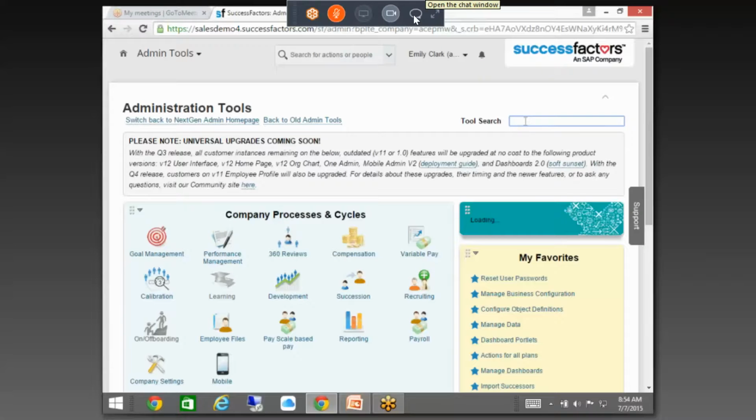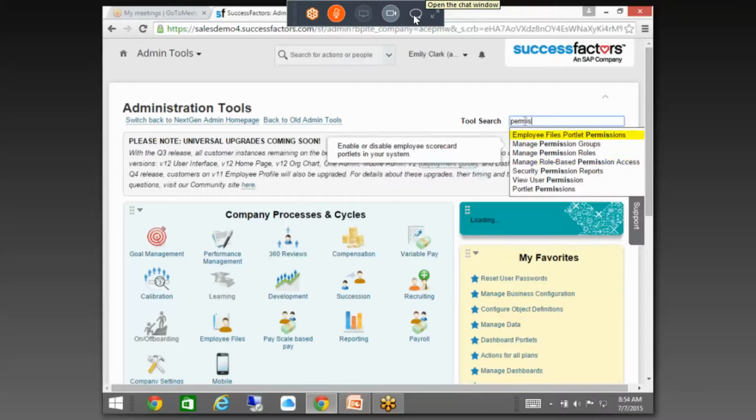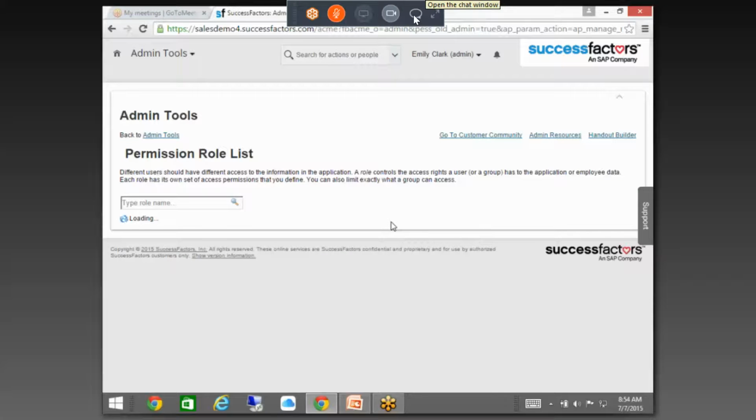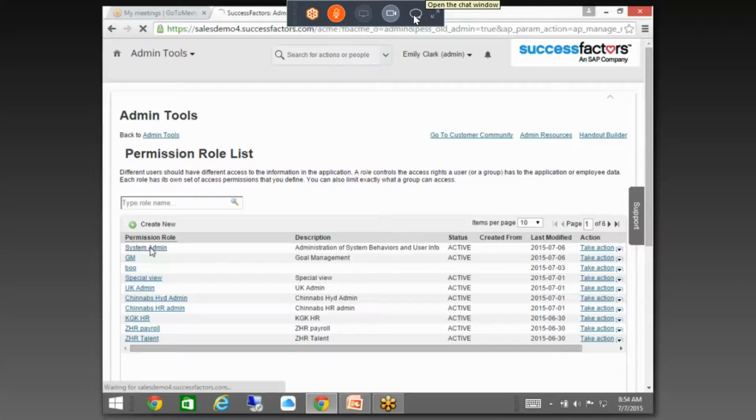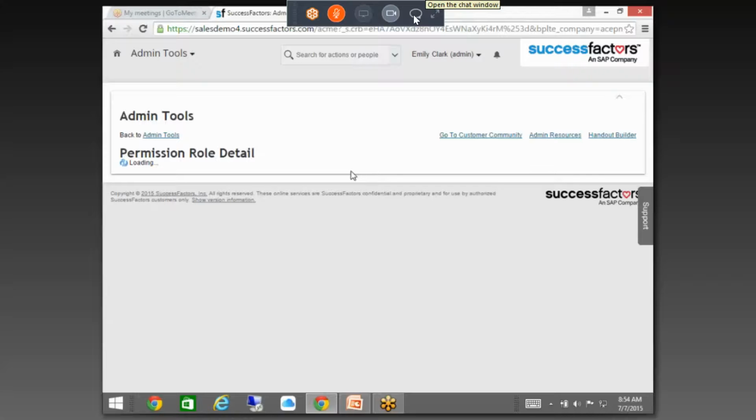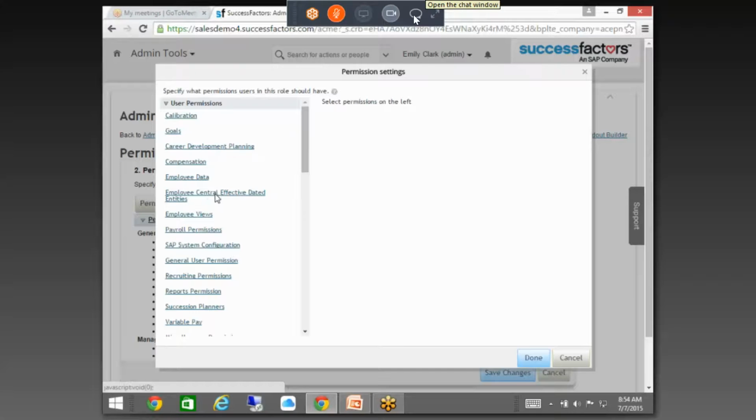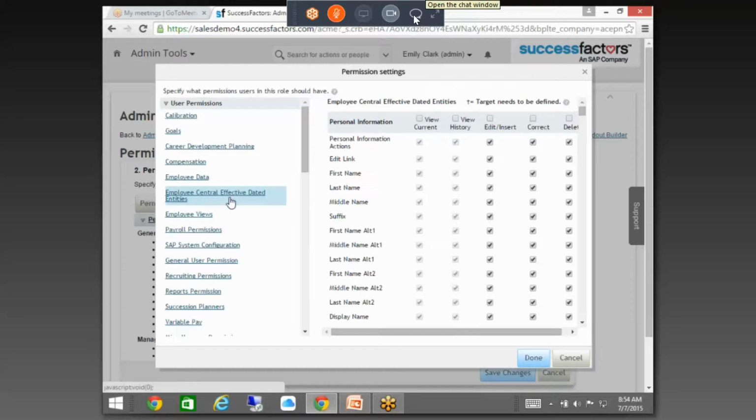Should go to permission roles. We'll go to